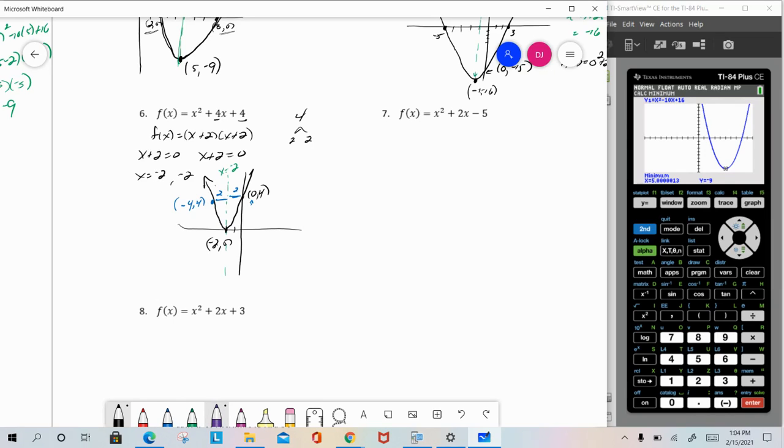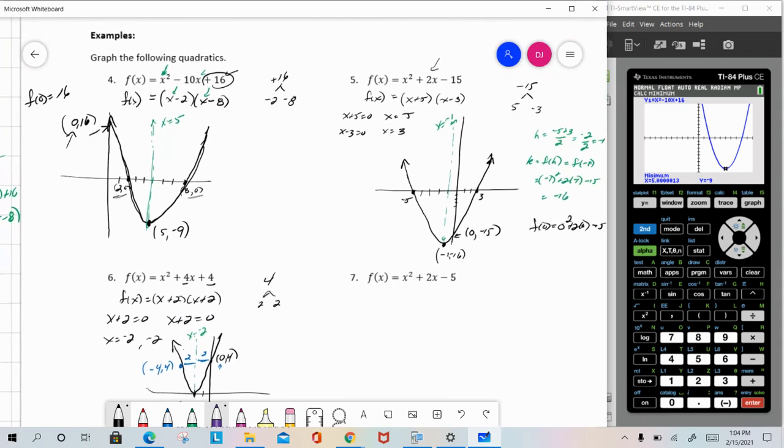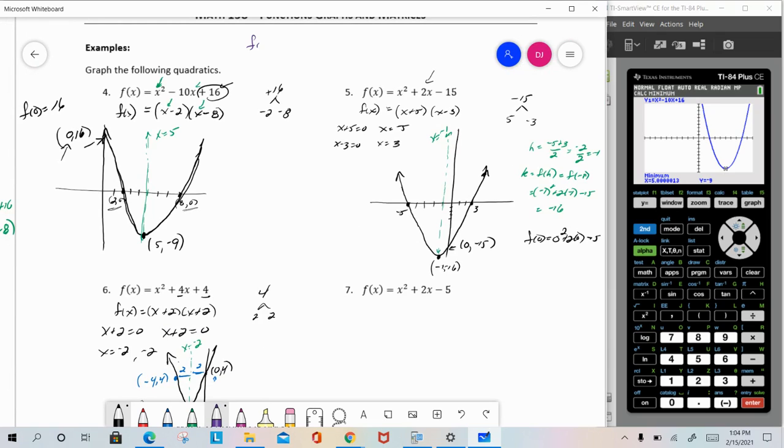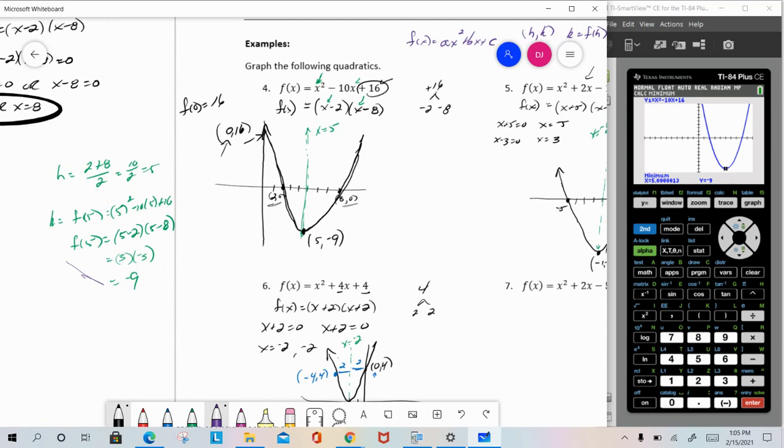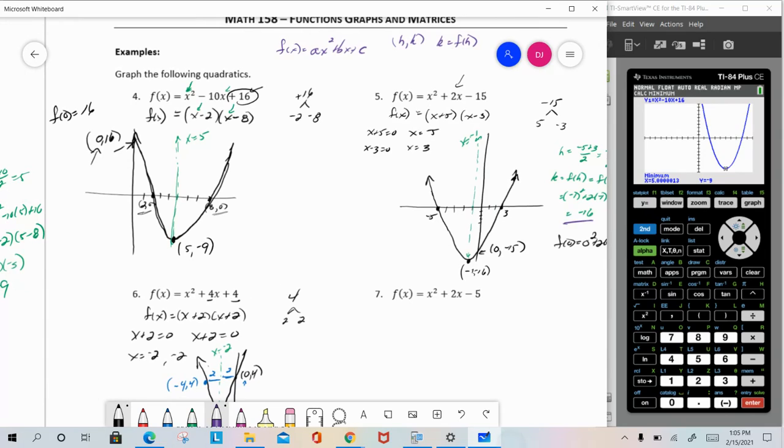Now, something I do want to show you. Remember, the quadratic is a function in the form ax squared plus bx plus c. I'm not going to take the time in this video to develop this, but remember our vertex is the point hk, and I've been finding k by doing f of h. Back the video up and look for that here, okay? I did that here, did that over here. We can also find h